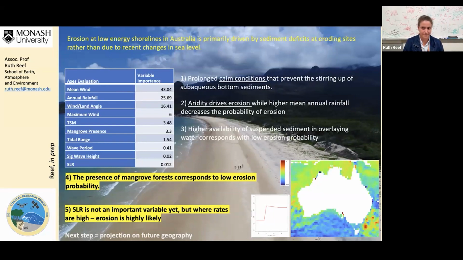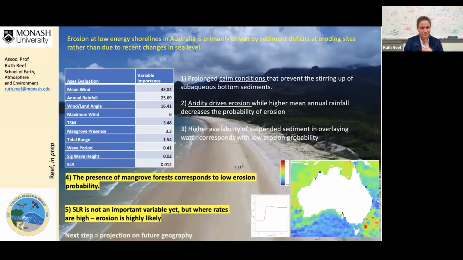So I'm slowly eroding. If I have aridity, remember we need a river to bring sediments down. If you don't have rainfall, you don't have the sediment. So aridity drives erosion. And when we have higher availability of suspended sediment in the ocean, we have less erosion probability. Other things are contributing as well. And one of them, I just want to make a mention of